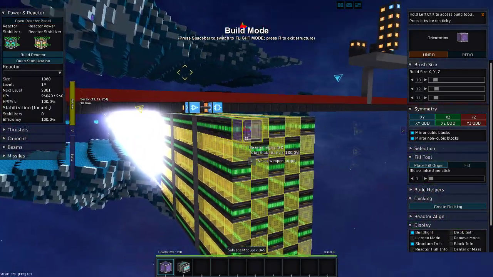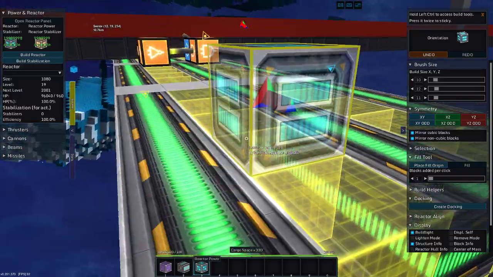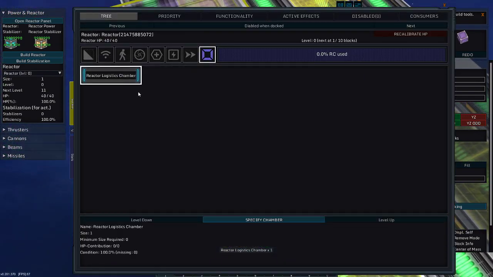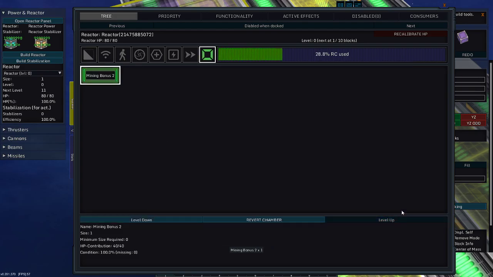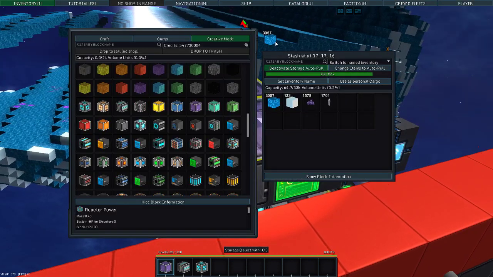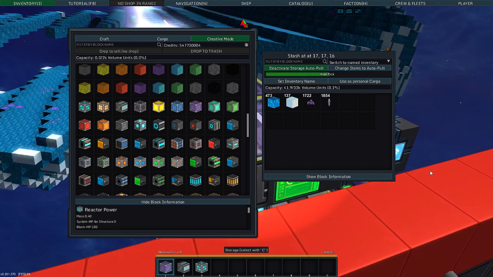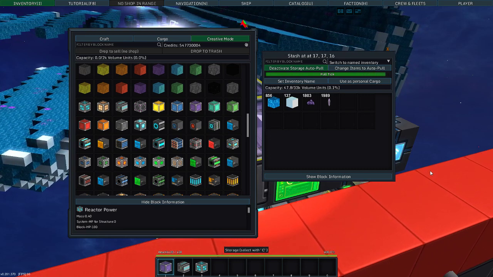This doesn't have a reactor. It can have a reactor, but it's not going to do anything because it's a docked entity. But we're going to try this anyway. This is 6 chamber, specify chamber, mining bonus, level it up. And let's wait for 1 Pultic, and we will pull that out. About halfway through a Pultic, we're around 400, so yeah, that's going to be... Oh no, we are getting...